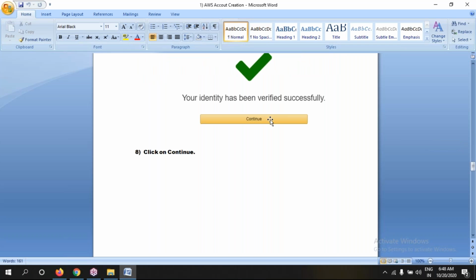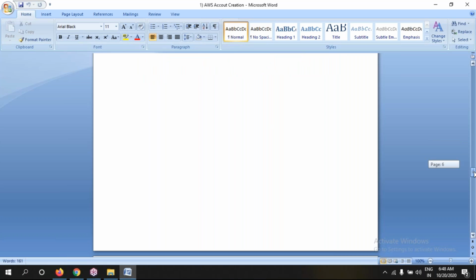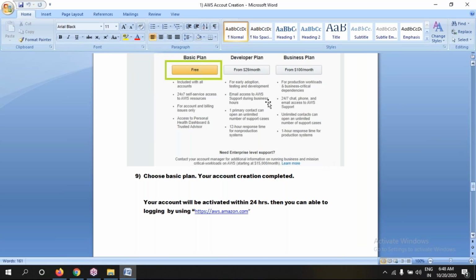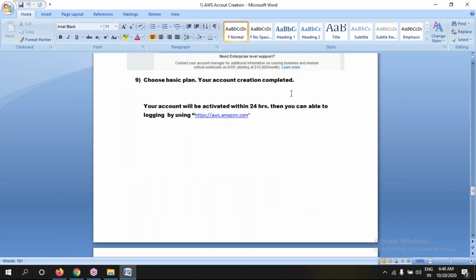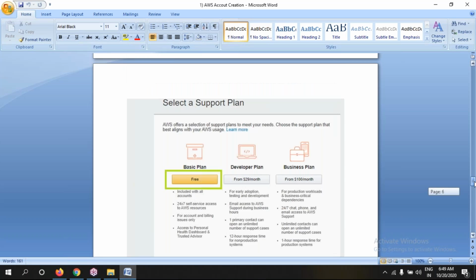Then after successful verification, by choosing a basic plan, your registration will be done. I hope you understood this. Your account will be activated within 24 hours, guys. Okay, guys, please. I hope you can do this.